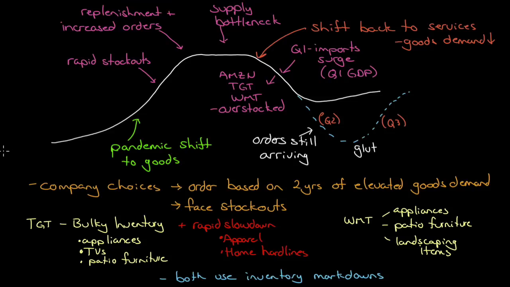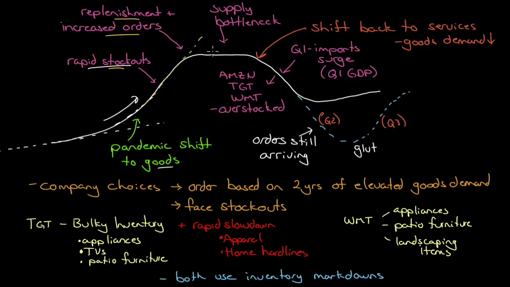If we go back 2016, 17, 18, 19, you had growth in retail sales that looked like this, and it would have continued probably to grow. But then you had a pandemic hit, and it shifted demand from services to goods, and you had this ramp up and change in direction and change in growth rate of the demand for goods. And when that happened, you had rapid stockouts. You couldn't get anything. So companies started ordering, not only just to replenish the inventory that they lost, but they increased the amount of orders to account for this particular trajectory.